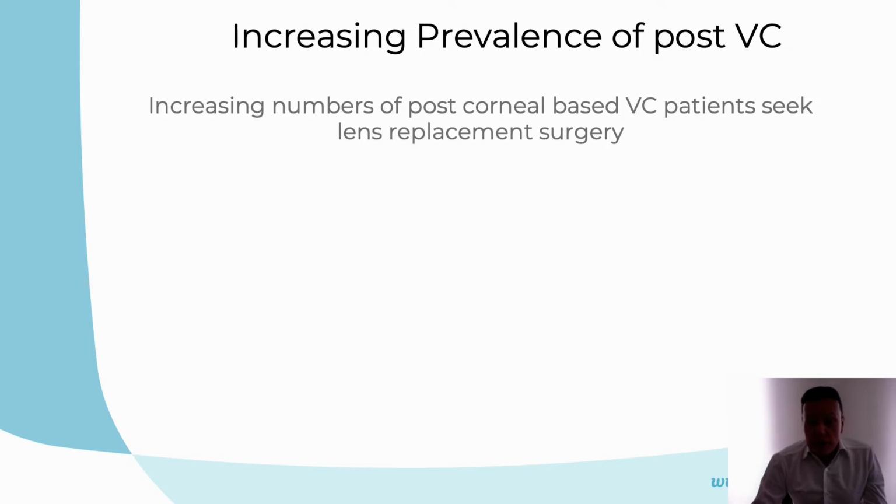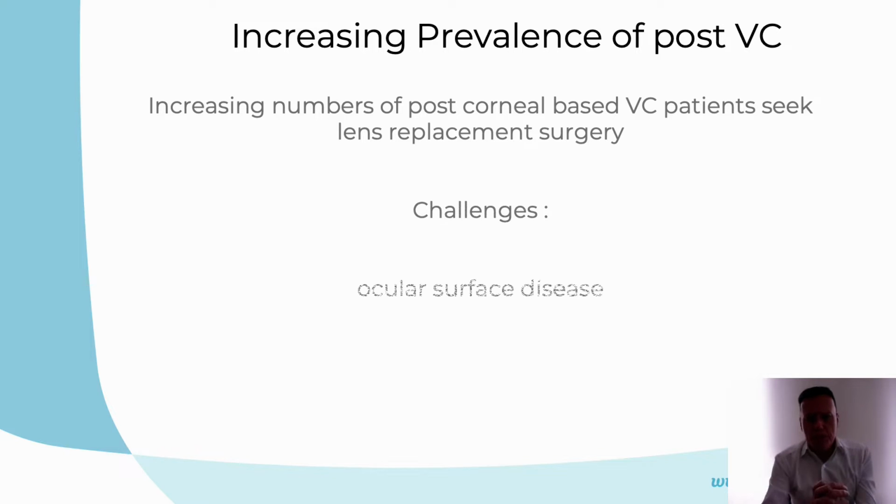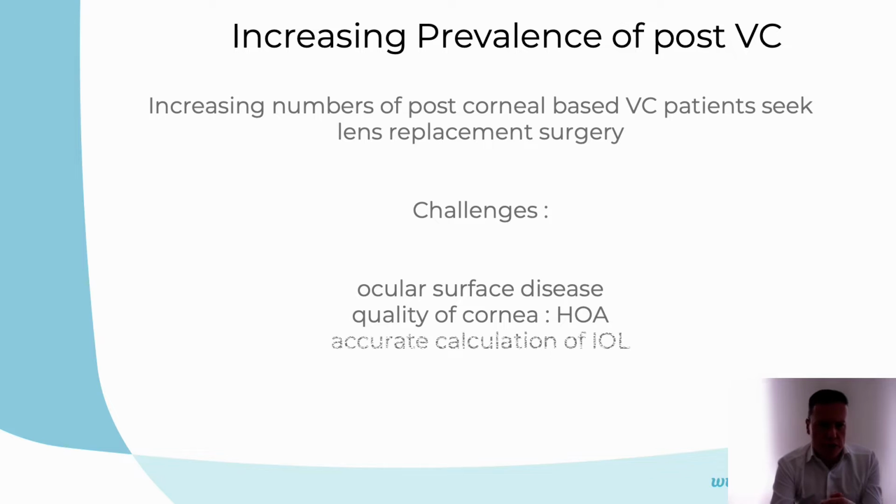Now, there are an increasing number of post-corneal based vision correction patients and they seek lens replacement surgery. But we bump into a lot of challenges in these eyes, of course. First of all, ocular surface disease must be taken care of. What is the quality of the cornea? We will look at the higher order aberrations here. How can we accurately calculate the perfect IOL dioptrical power, and last but not least, which IOL we will choose